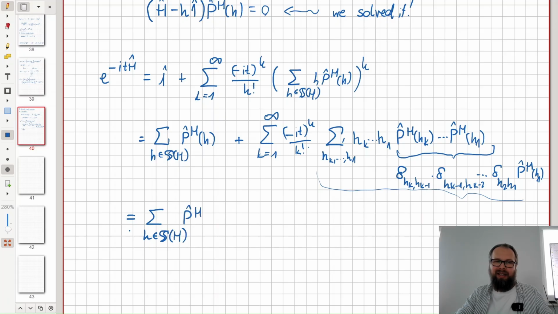We can extract this lone projection operator that survived all the powers, and everything it multiplies is simply 1 plus, is just numbers, okay, from 1 to infinity, minus it eigenvalue to the power k factorial,